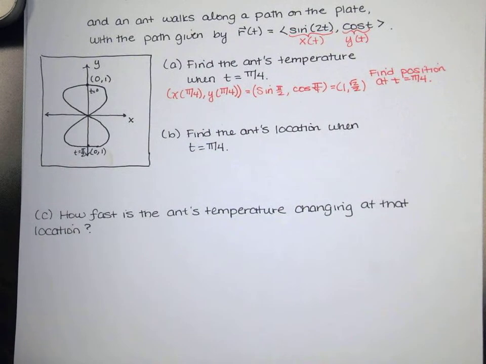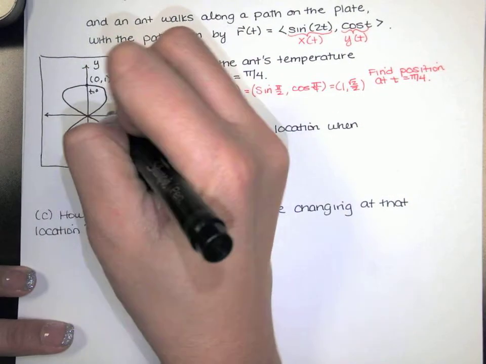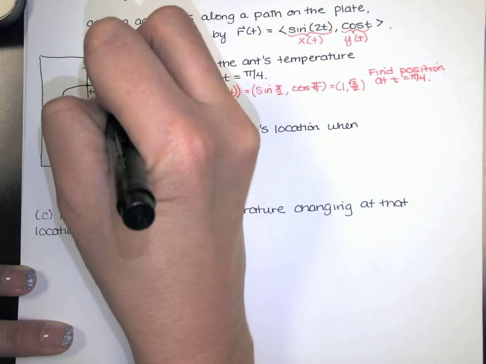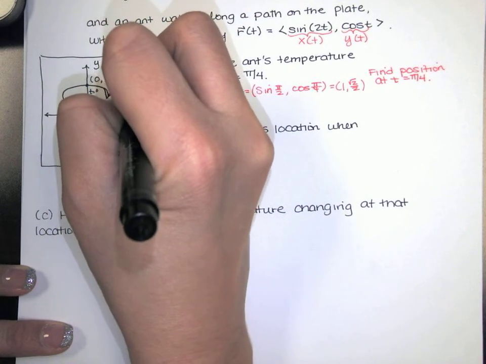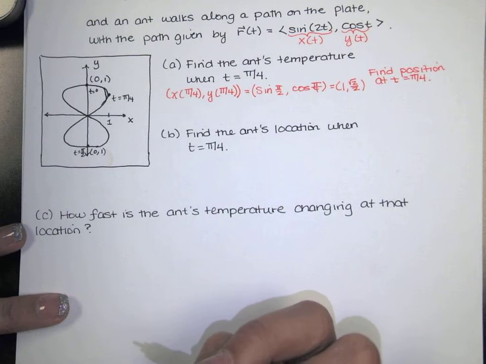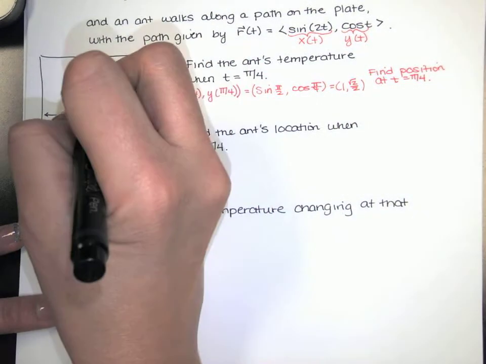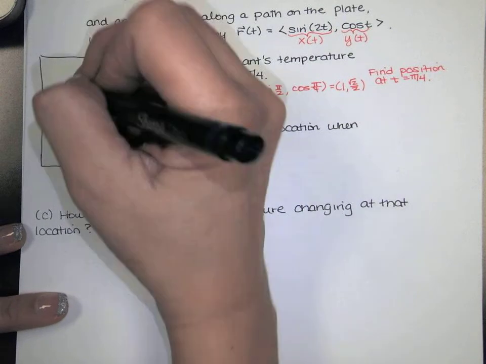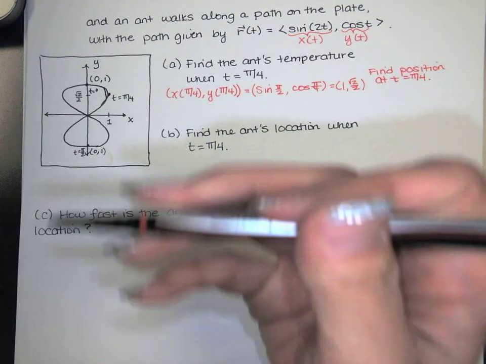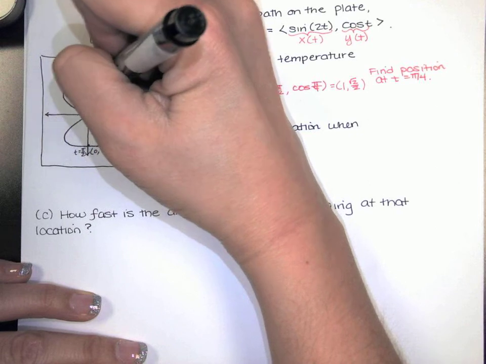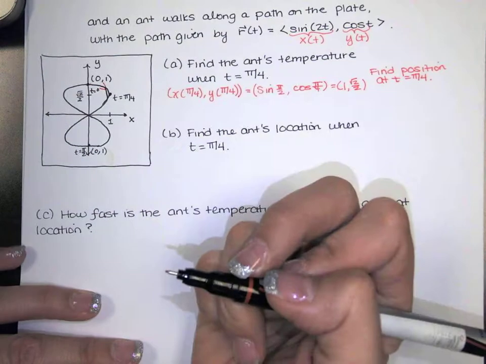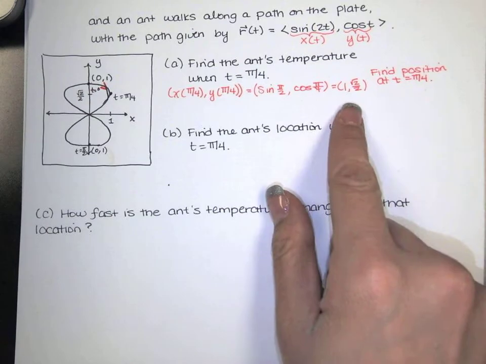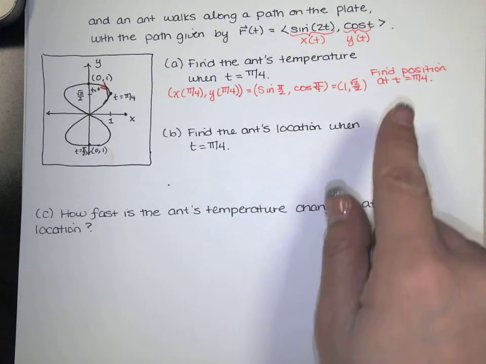So this should be out here, x equals 1, and at that time, t equals pi over 4, let's just say seconds so that we have some units, we're going to be at that location. That's square root of 2 over 2 for y. So it looks like we're tracing out the curve in this direction. At least initially, going from t equals 0 to t equals pi over 4, we're going that way. Okay. So that's our location, or our position at t equals pi over 4,